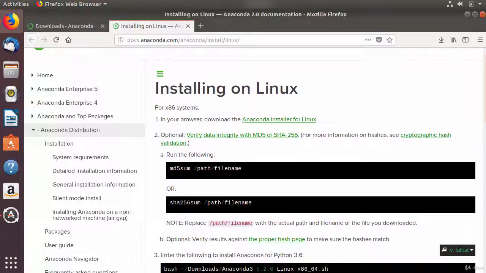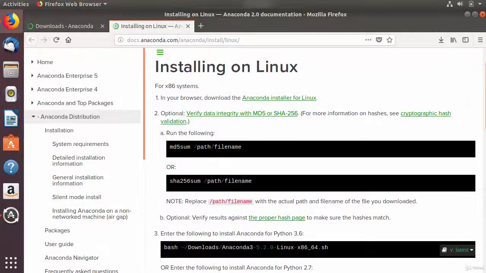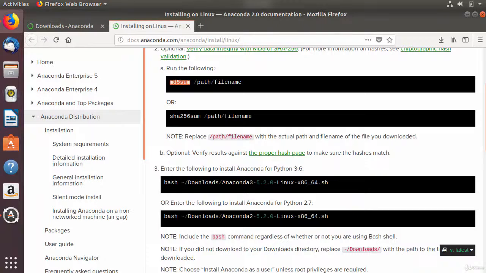First of all, we need to download this .sh file, which we have already done. The second step is to verify the checksum. We are going to skip this step, and in the third step we need to run the .sh file using this command. I'm going to copy this command from here